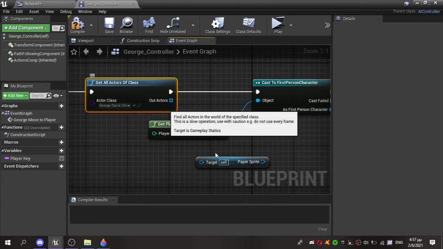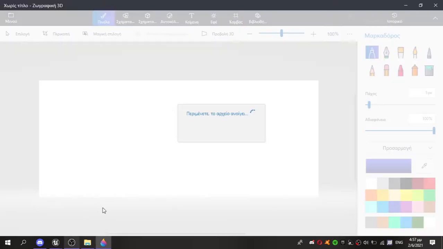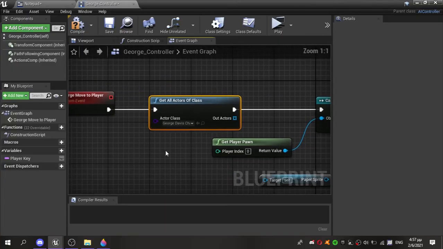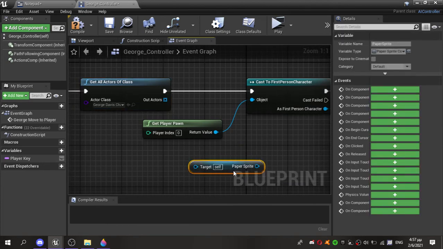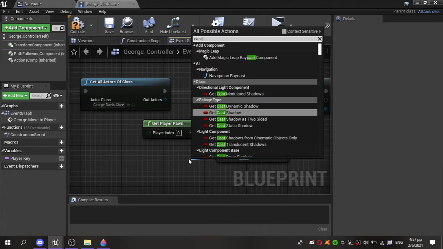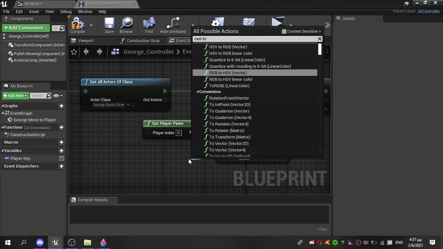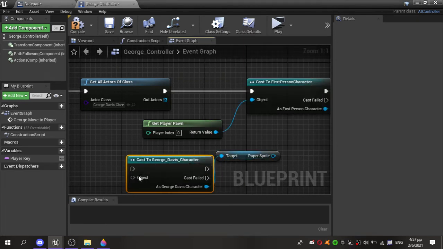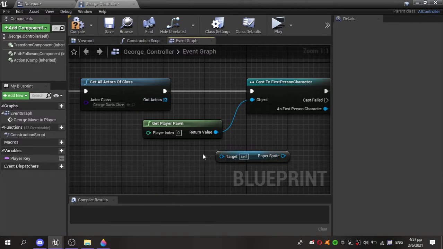Can I open it up a little bit? Okay, MS Paint actually opened. It's not MS Paint, it's actually 3D Paint. Now, you see this is the George, but the thing is, we might have to cast two George Davis character here. But yeah, you can put that on the out actors, so...